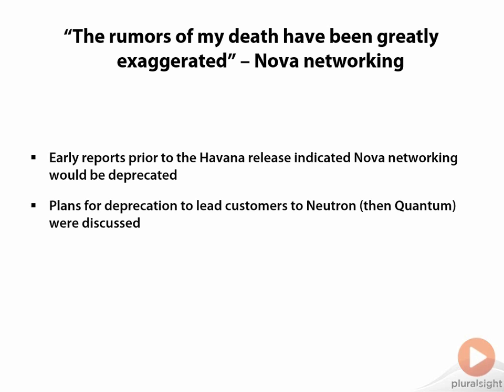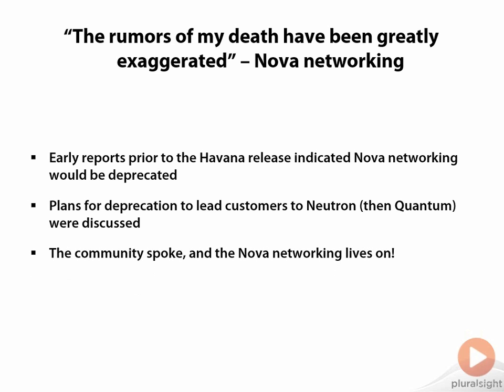OpenStack Neutron was a very flexible and powerful networking platform. But the migration over from Nova networking in the traditional layouts into the Neutron environment required a lot of care and feeding. And luckily, the magic of community came true. So the community